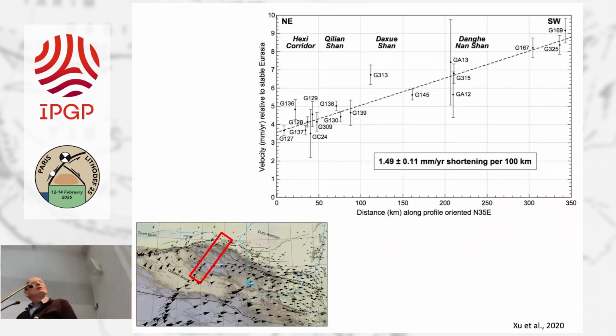So if we look now at shortening across the Qilian Shan, this is a compilation published by Xu and co-authors. It's a section that goes from north to south, from the Hoshi corridor to the Chayam Basin. And what you see here is that the GPS data is showing about on average 6 millimeters per year of shortening over this 340 kilometer long path, and probably taken up by these